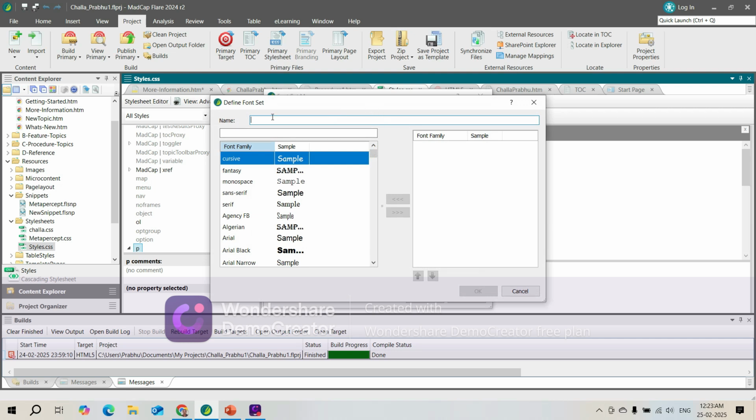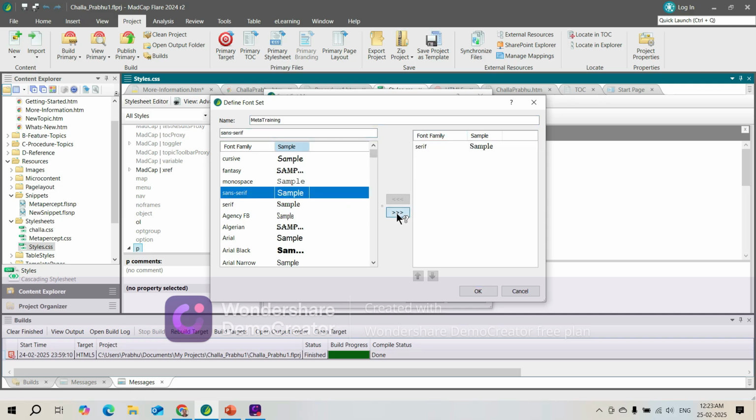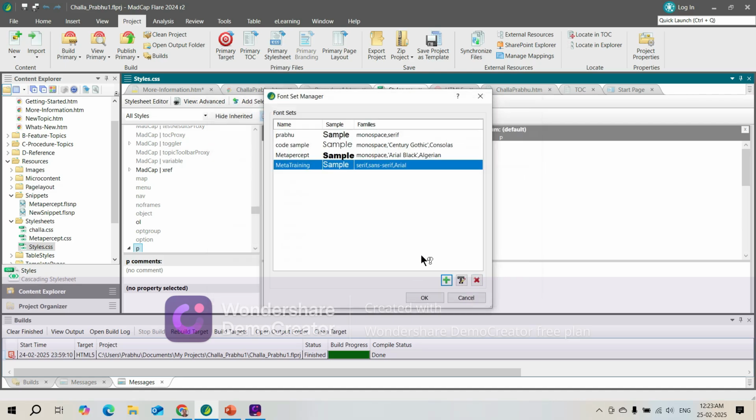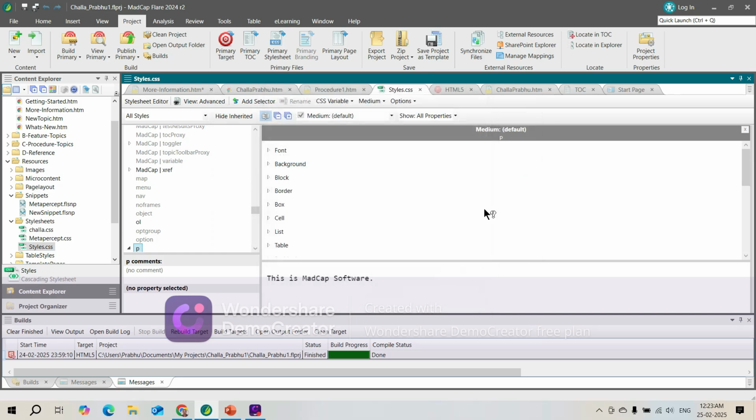So when I say I need one, I give a name here, saying it is meta training. This is the font name I want to give, but I want to put all these serif fonts there, hoping that these fonts will be there on the client side. Now when I save this, it is saved. Meta training is saved. So anyone who comes and uses this,